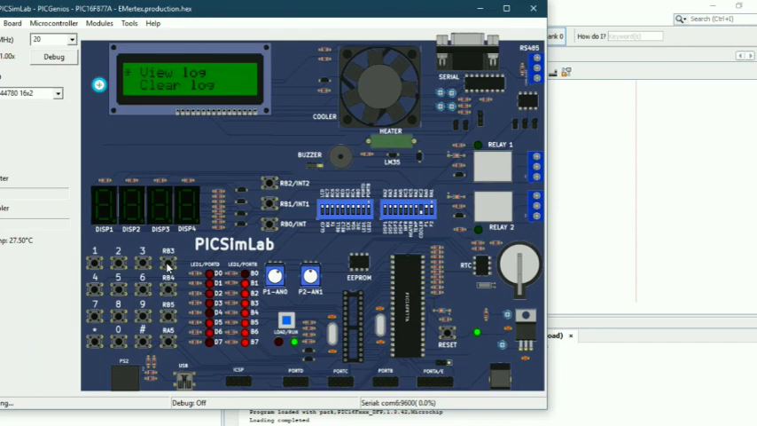We can see that there is view log and clear log. If we press RB4, it goes downwards. After pressing RB4, we can see clear log and change password. These are the options present in it. If we press RB3, it goes up. We can see view log. If we click RB5,